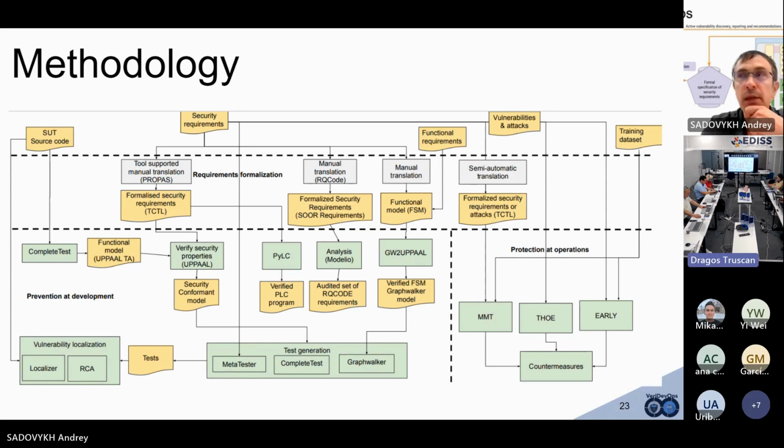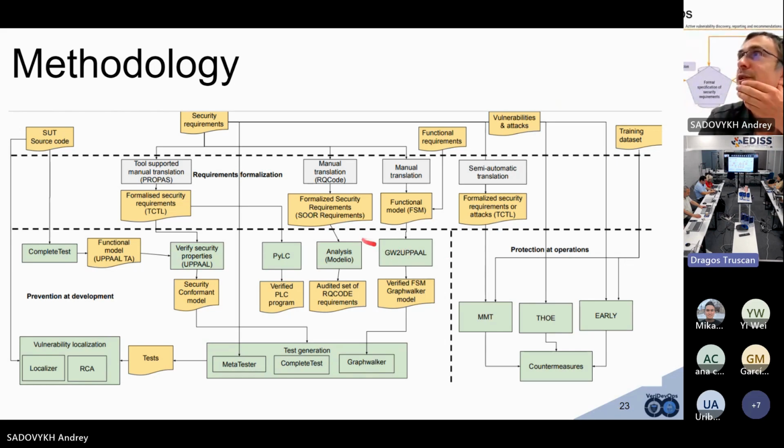We have a set of tools, like here we see FileC, we'll see MetaTester, GraphWalker, MMT. We have various methods that are given on this diagram